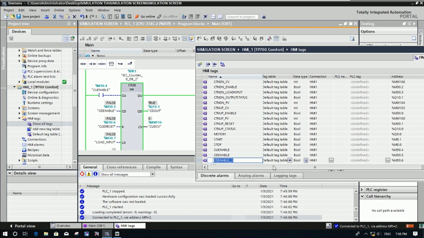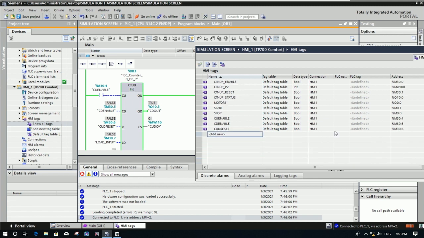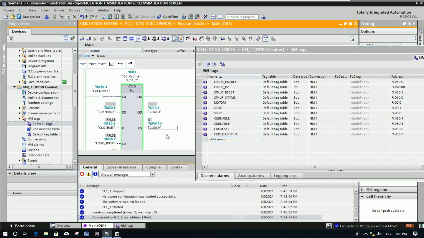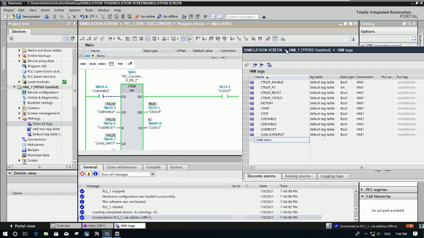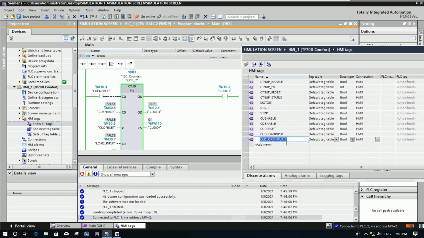So here is the C up down reset, 30.6. One more for load input, right? So C up down load input, 30.7. And one more for output, right? So C up out,